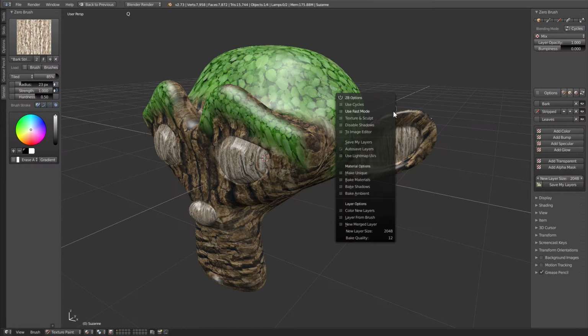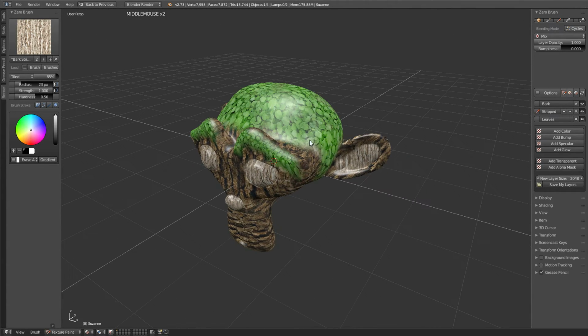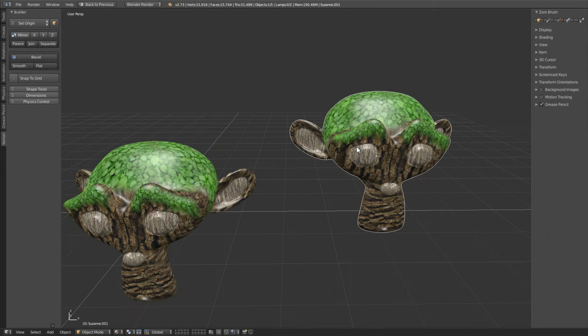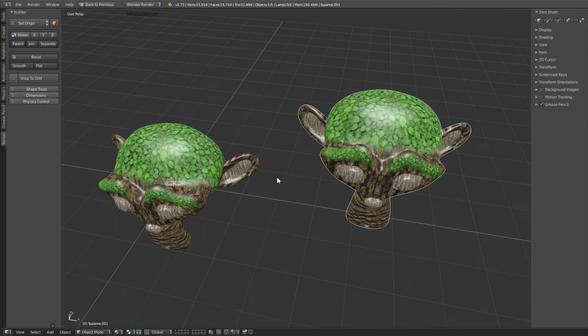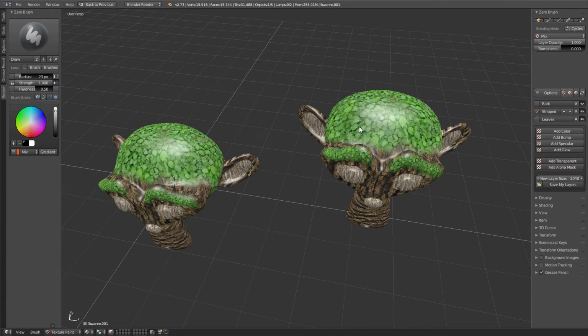If I press Q, next in line we have this Make Unique button. Currently this wouldn't really do anything because we only have this one object here, but if I go into object mode and I press D to duplicate this object, Shift D if you're not using Sensei Format, I've got this duplicated object. If I click on my texture paint button and I'll press space and use a regular draw brush here,